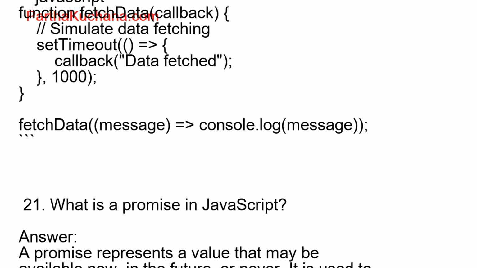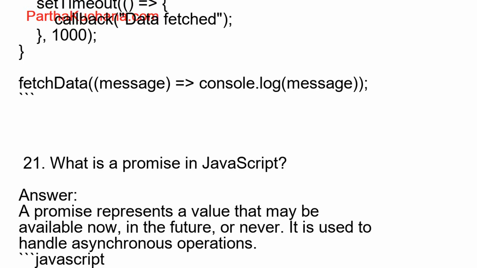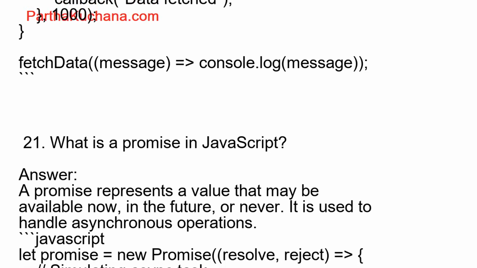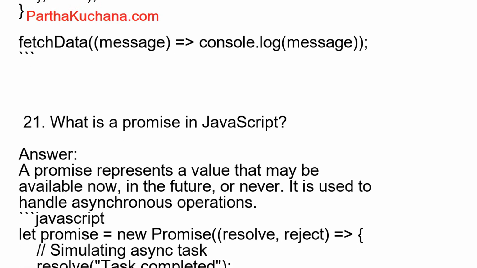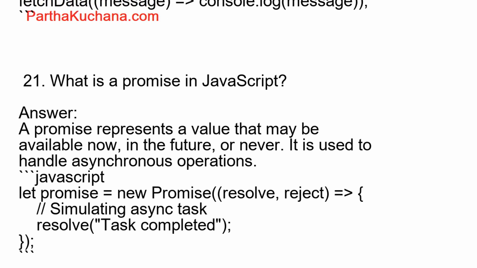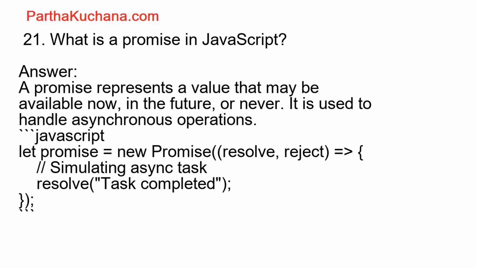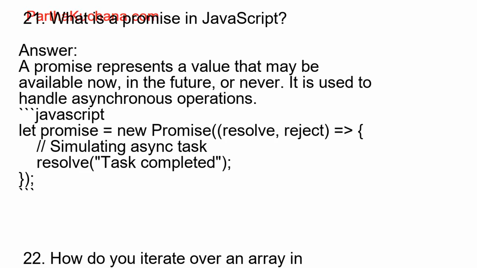22. How do you iterate over an array in JavaScript? Answer. You can use loops like for, forEach, or map. Example using forEach. JavaScript. let fruits = ["apple", "banana", "orange"]; fruits.forEach((fruit) => console.log(fruit));